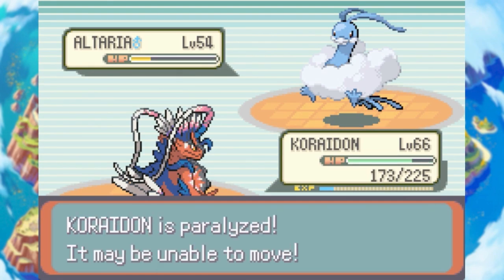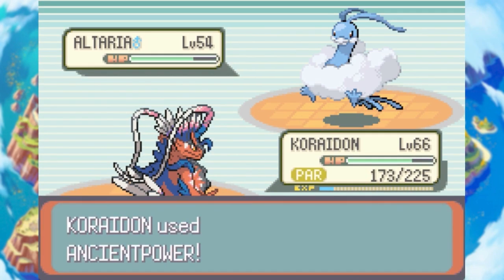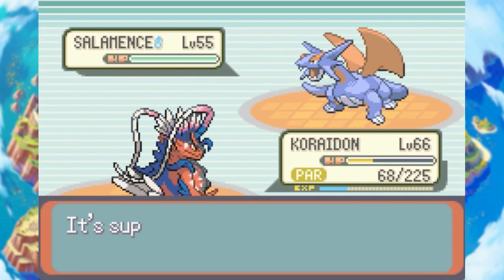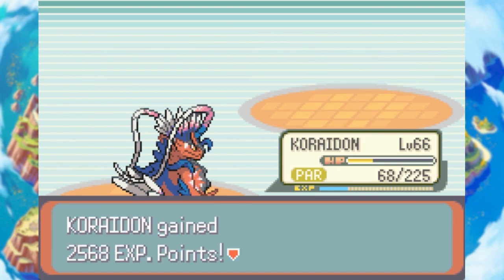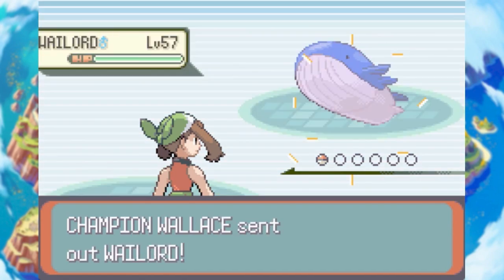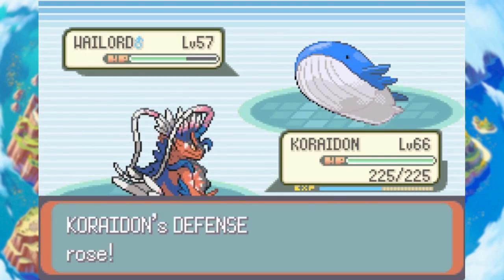Phoebe was still being a bit of an issue, but as we leveled up more it got a bit easier, and we also got a few ancient power boosts. And Drake scared us with the paralysis, but we managed to scrape past, and back for another attempt at Champion Wallace. So with the Wailord, I am confident of avoiding Blizzard, so I tried out ancient power a few times